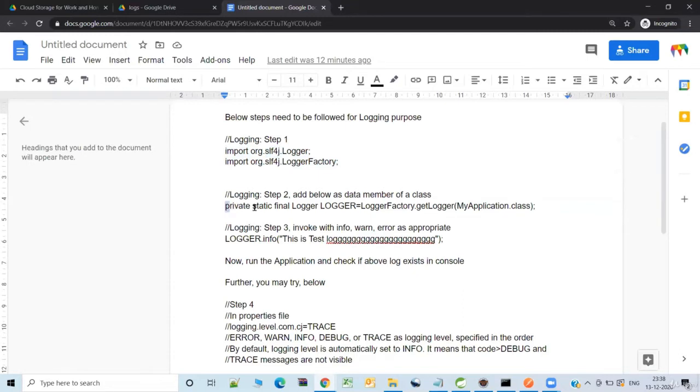Next thing is, in the class, let it be any class. Let it be the Spring Boot application class, or let it be a REST controller, let it be a service component, whichever. Go to the class, and in the data member, you add this specific line. And ensure that you change the name of this class to the one where you copied. Say, for example, you copy this to XYZ controller, a class named XYZ controller. So replace this my application with the XYZ controller. Fine. That is one thing.